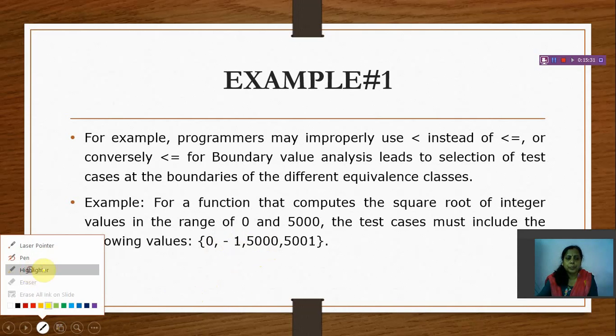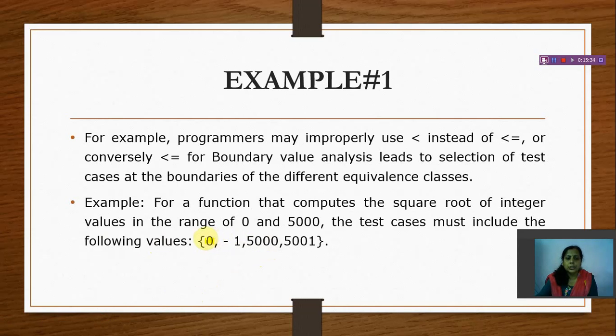Okay, means this is 0 and 5000. These are the boundary values, so it will give the correct output. And -1 and 5001, these are invalid values and it must display the error message. So by this we can check the boundary value.